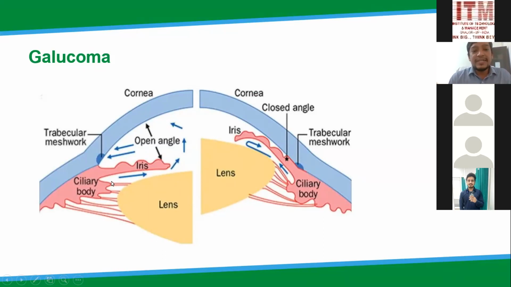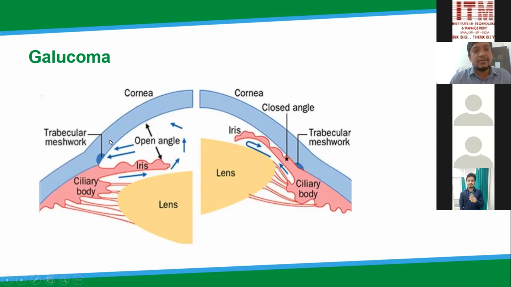So how does it maintain its pressure? There is a continuous aqueous flow, as you can see with this arrow. Aqueous is produced by a part of our eye called the ciliary body. From the ciliary body, this aqueous comes into the anterior chamber, and from here, there is a structure called